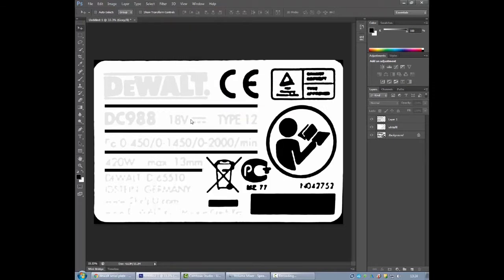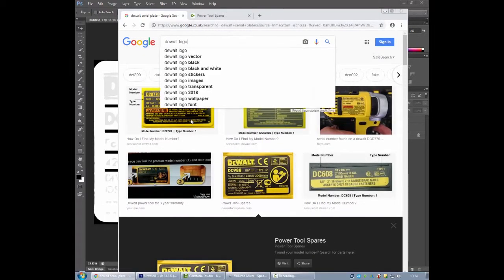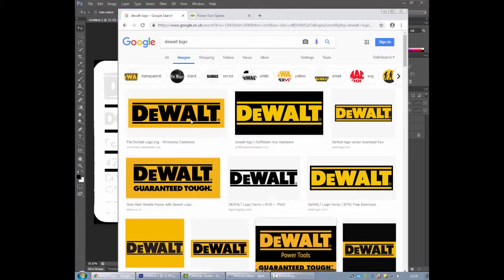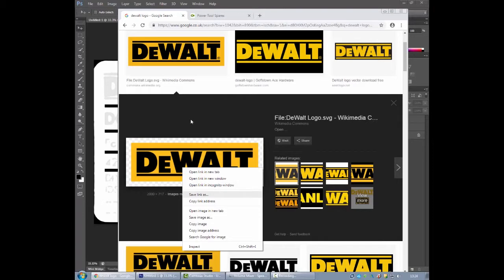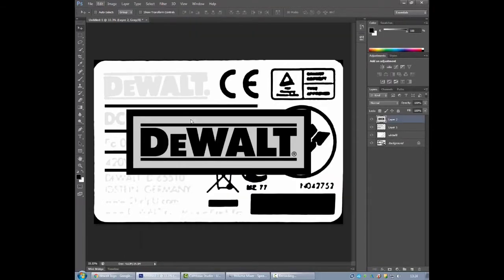Right. Let's find a DeWalt logo. That'll do. It's probably fine. In fact, let's go for that because it's black and white already. Just so you know, in fact, I'll use this one just so that you're aware how to turn yellow and white to black and white, and yellow and black to white and black. Copy image, nice and big. It's not too big there. Right,